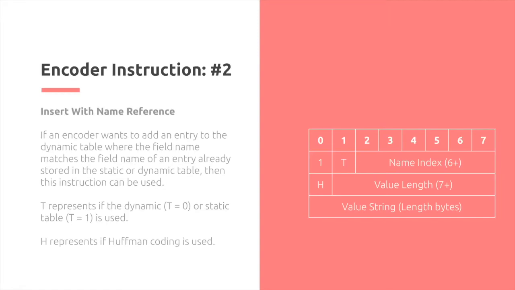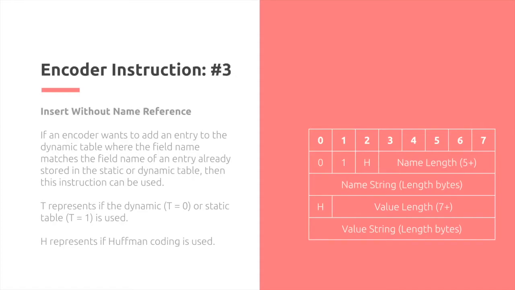The insert operation is actually the exact same as in HPACK, but the only difference I want to outline is T. Recall that I said you don't just concatenate the dynamic table to the static table in QPACK. So this means that index 2 is actually ambiguous. Does it refer to the static table or the dynamic table? In this case, T equals 0 is dynamic and T equals 1 is static. The rest is the exact same. The same refers to inserting without a name reference. The exact same pattern applies, and now we have the T here, which is 0 or 1, not H.